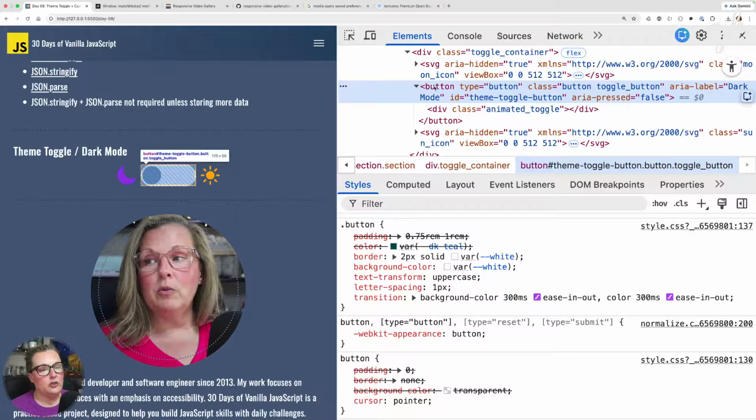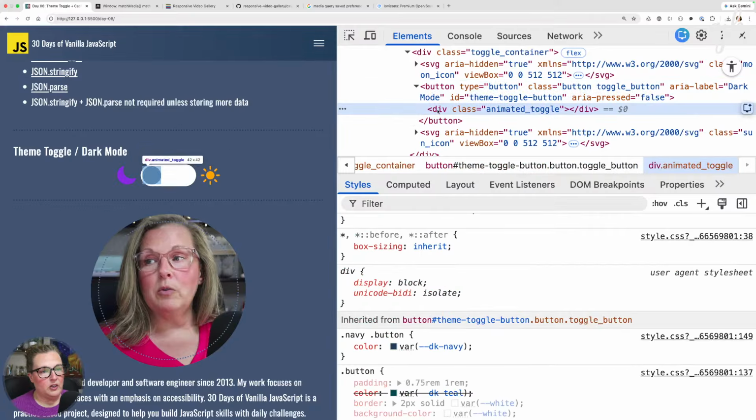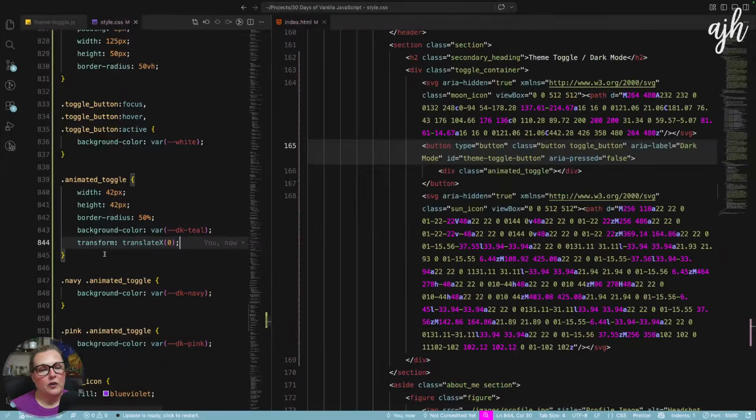So we have 125 minus 42 minus 4, right? It would be 4 on the side. So we have 125 minus 42 is 83, but also minus 4 is 79. So I think we're going to slide that over